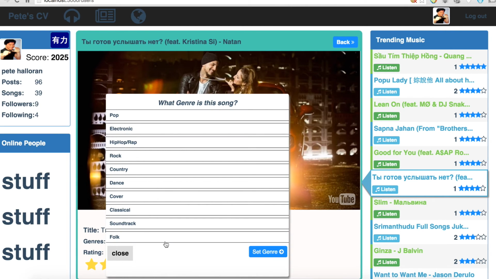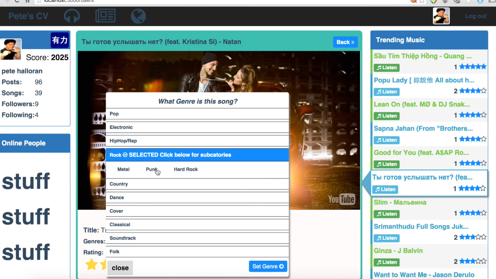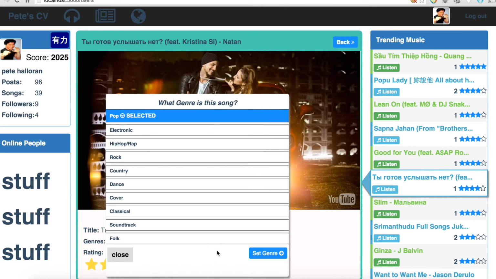Now you're going to see that these genres are very narrow, and this UI can't fit a lot of genres. I didn't want to have a select box, even though that'd be most simple, and I wasted a lot of time doing it this way. For example, you click hip hop, and I only have 3 versions, or if you hit rock, I only have 3 types of rock. It's simply because this is a proof of concept. I don't actually want to spend the time to think about all these categories, because that takes a lot of time. This song looks like a pop song anyways. I haven't listened to it.